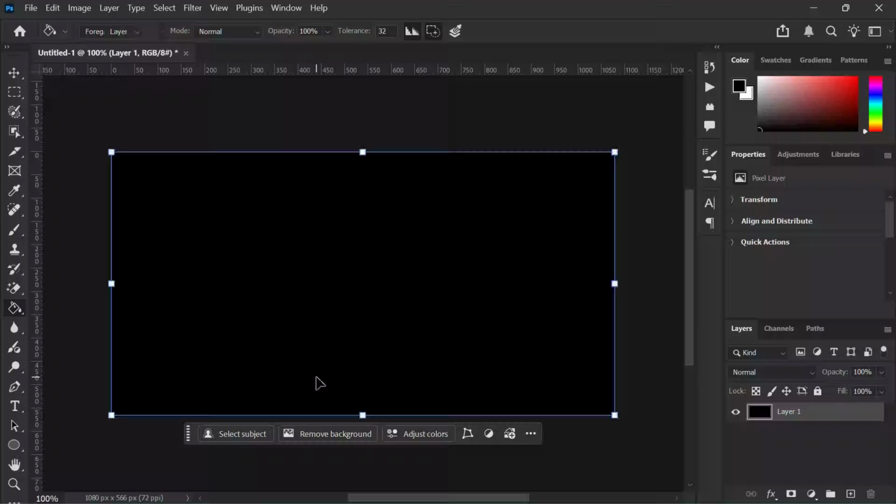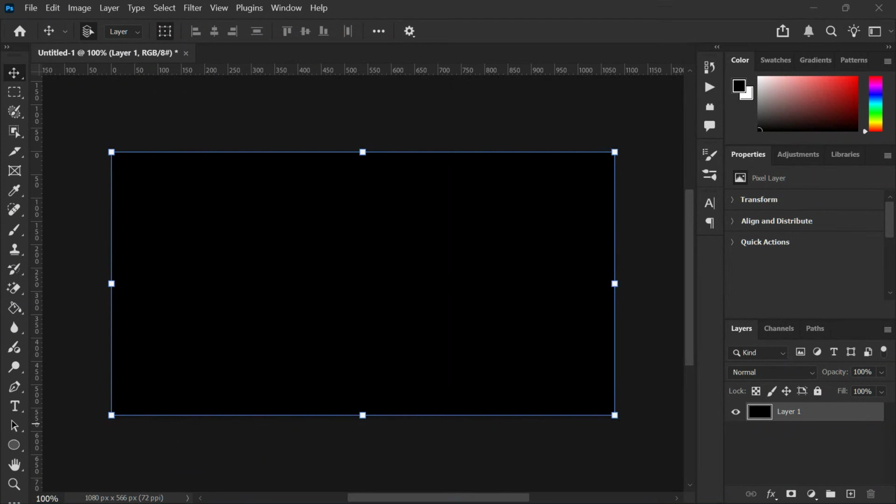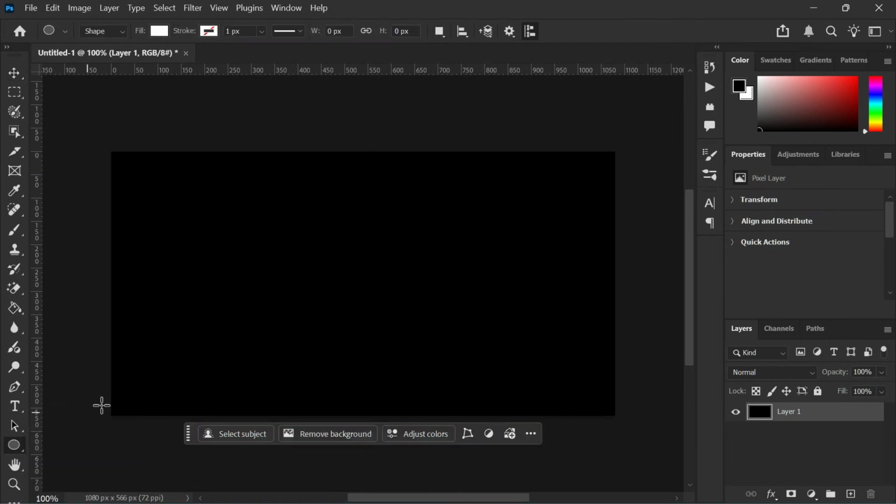In today's video, I'm going to show you exactly how to make a triangle in Adobe Photoshop. This is one of the simplest shapes you can create in Photoshop, but if you're new to the software, it can actually be a little confusing to find the right tool and settings. The good news is that Photoshop has a built-in shape tool that lets you create a perfect triangle in just